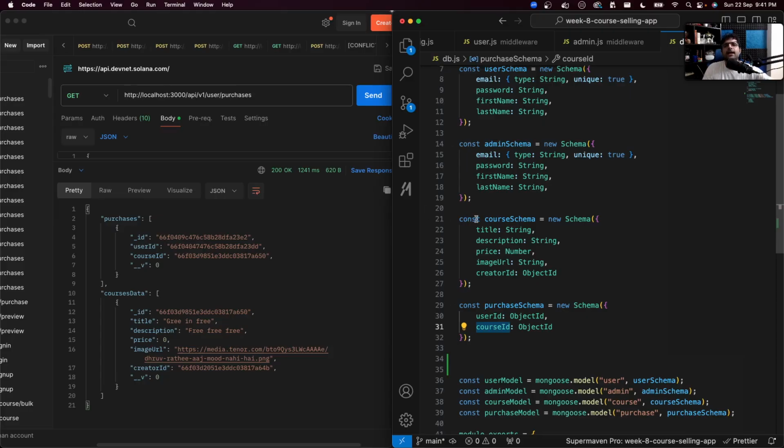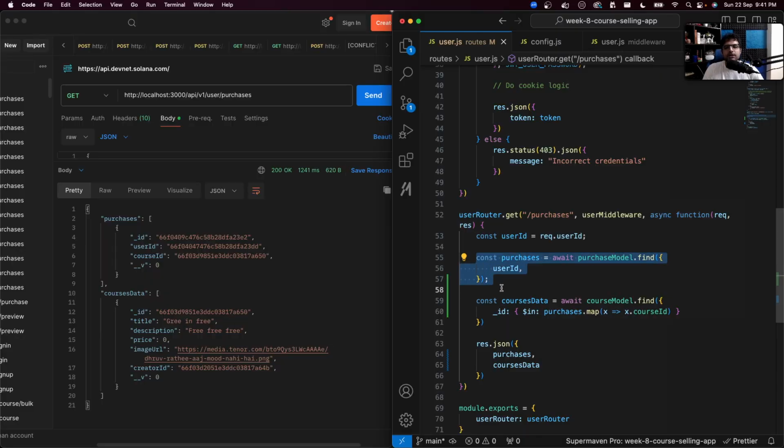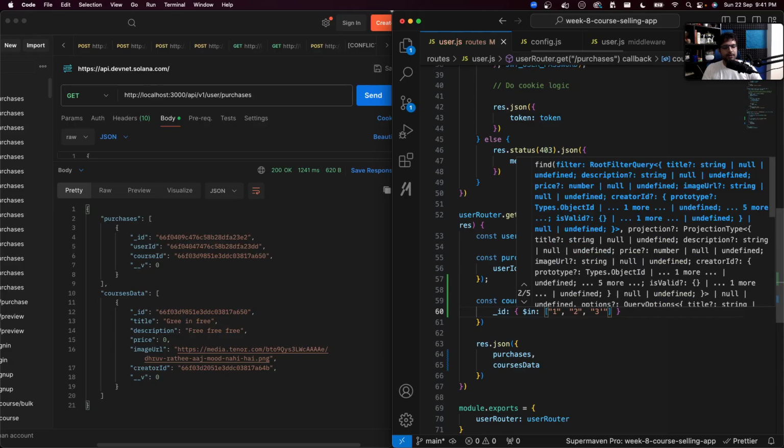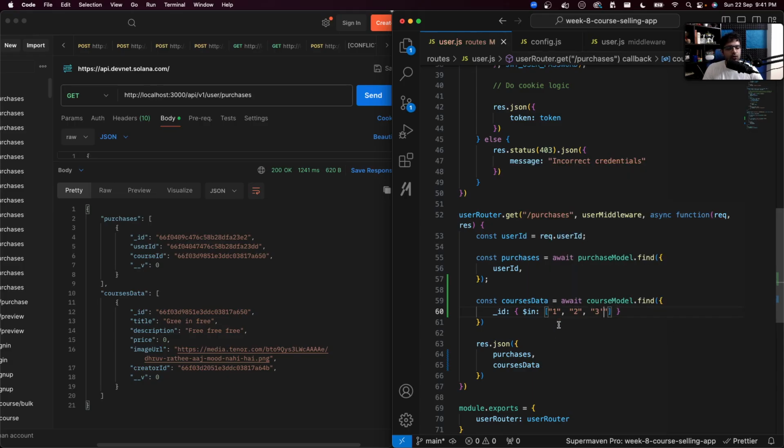So I did the ugly approach of, okay, let me first get the purchases. After I got the purchases, let me get the course data. How did I get the course data? I said course model.find. Find me a course whose ID is in this array. Now I can create an array like this: 1, 2, 3. Give me a course whose ID is either 1 or 2 or 3. Or I can write something like this. The ID is in purchases, which is this array right here,